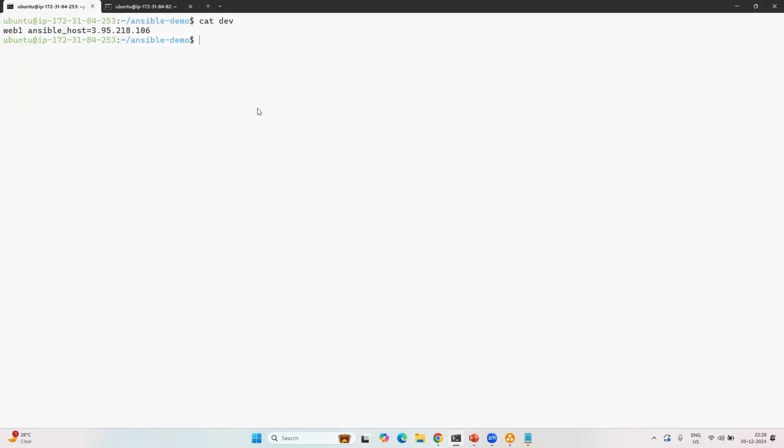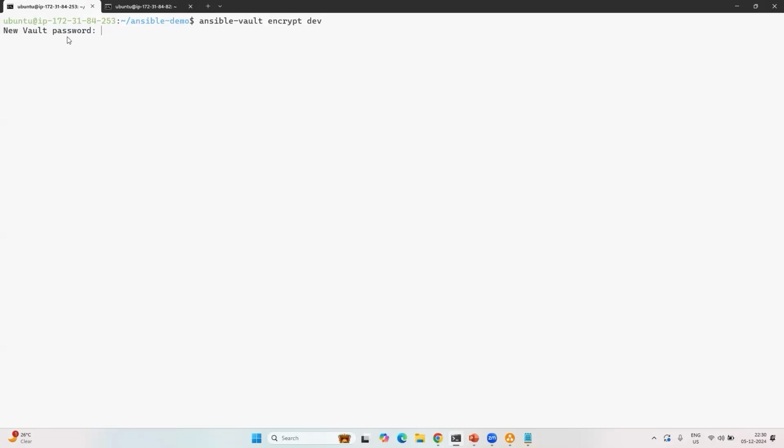Okay, Ansible Vault. So for example, if I want to protect this inventory, what can I do? I can simply encrypt it, right? Something like this: ansible-vault encrypt. And what do you want to encrypt? Let's say my inventory file. Cool. So as soon as you say, hey Ansible Vault, encrypt this inventory file, it will ask you for a vault